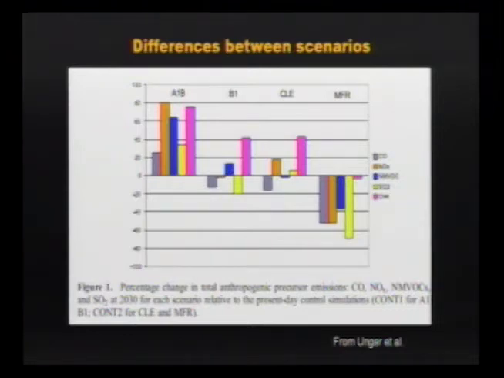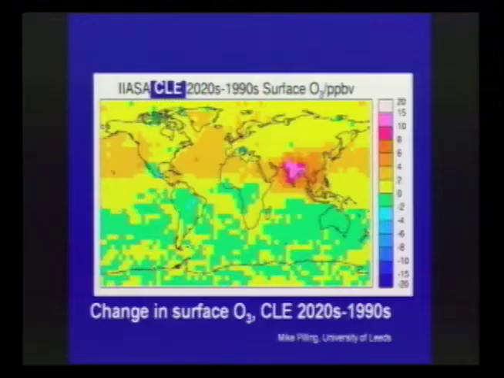You can see that these scenarios can be very, very different depending on the constituent and the scenario you are using. So based on the CLE scenario here and looking at the situation in 2020 compared to present, this is